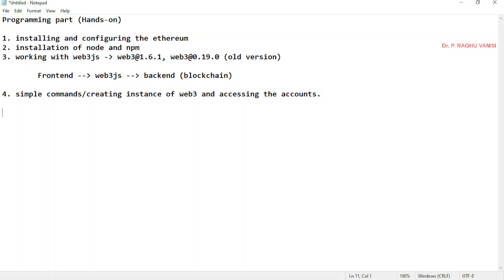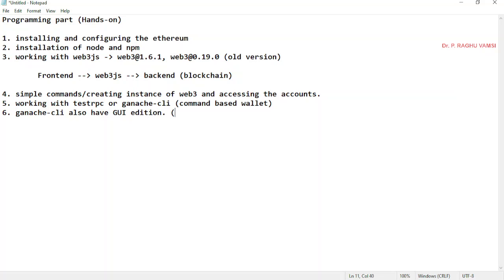In order to access accounts, we need to work with test RPC or Ganache CLI, that is a command-based wallet. Ganache also has a GUI edition.